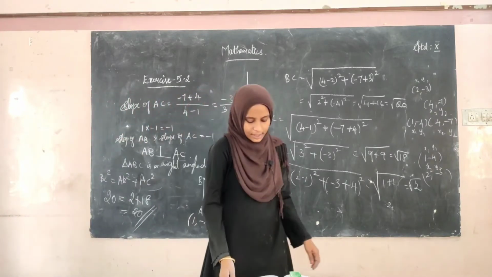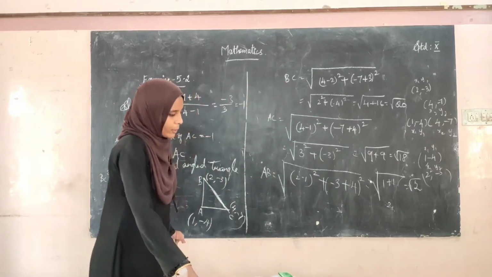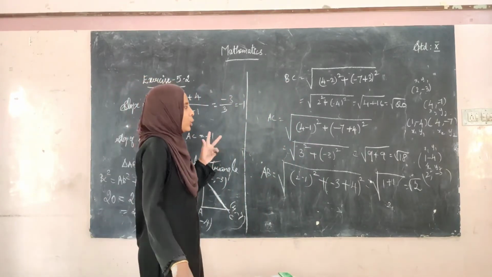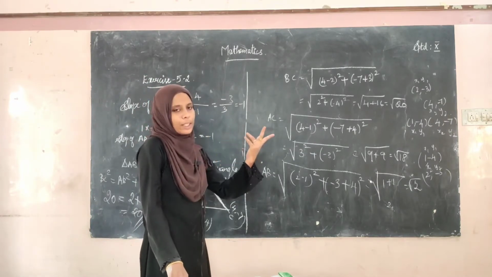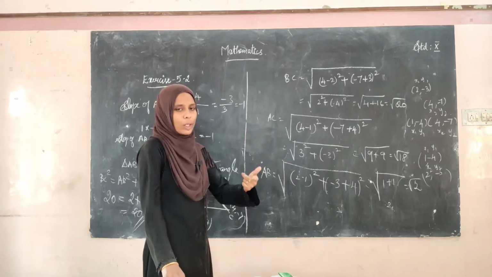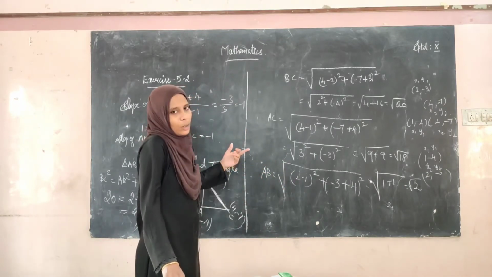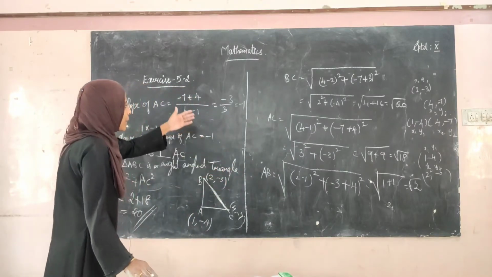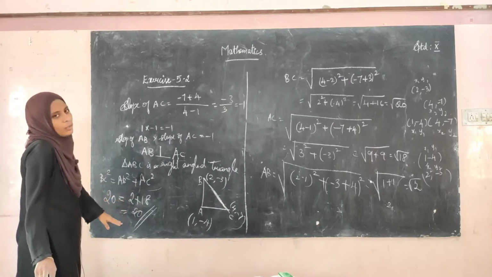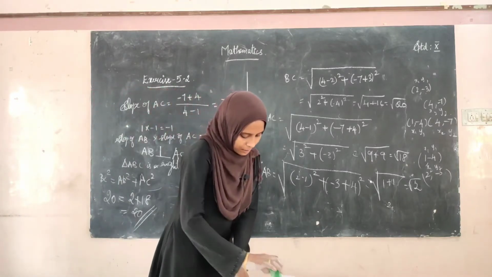Okay, see the second subdivision is the assignment for you. So, you have to do in this order itself. So, first you have to find the slope of two points. Then you have to show that any two slopes are in the condition m1 into m2 equal to minus 1. That is, the two lines are perpendicular. If you say like that, then you can prove that it is a right angle triangle. Then after that, you have to find the distance, and after finding the distance, you have to substitute in the formula and you will be getting the answer. Okay, now let us see the next sum.